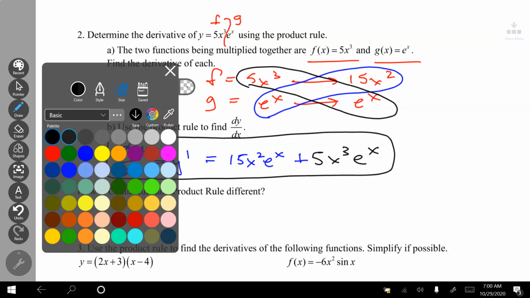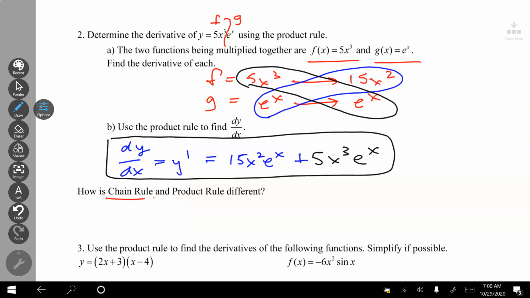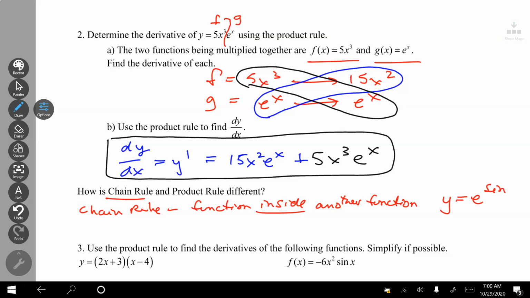So how are they different? How is chain rule different than product rule? Well, chain rule is when we have a function inside another function. Y equals e to the sine of x. That is the sine function inside the e function. And notice I really only had the variable x one time,